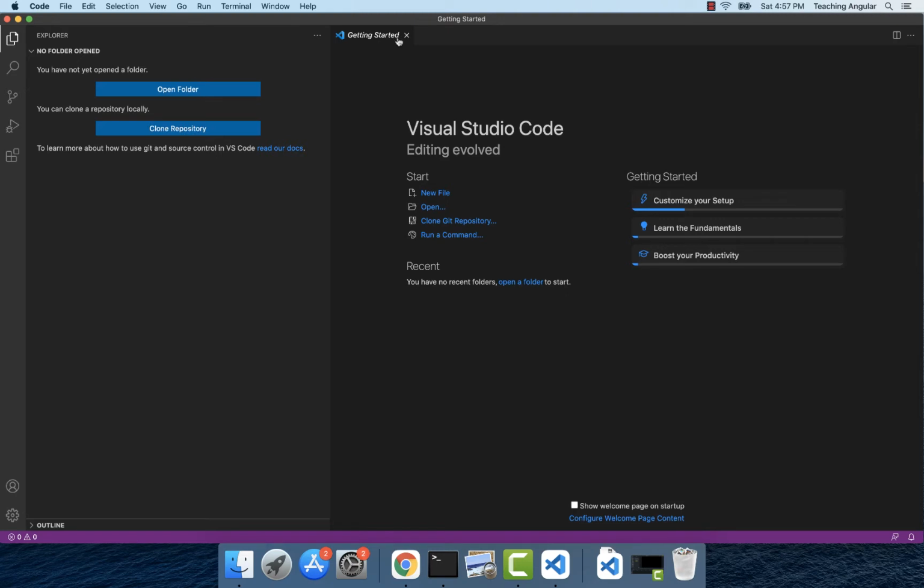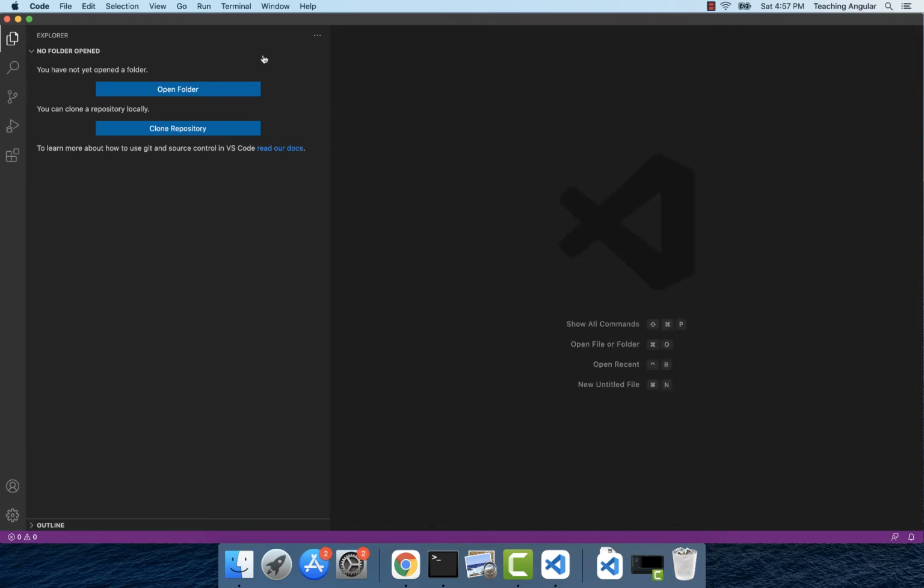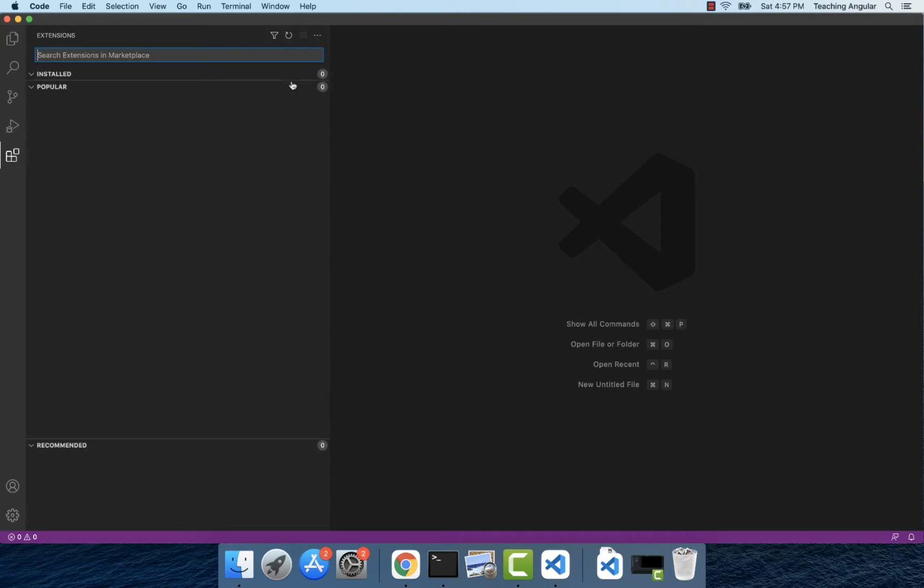Okay, so this is one of the most useful development environments for Angular, and you can set it up almost instantly. So let's start with setting up our development environment by first installing an extension that will help us develop in Angular. So if you have a Windows system, then press Ctrl Shift X, and if you have a Mac system, then press Command Shift X, and